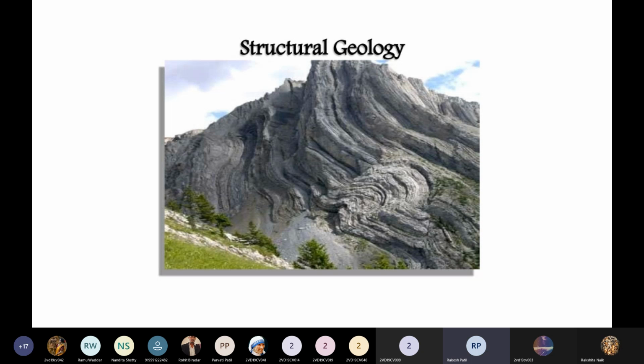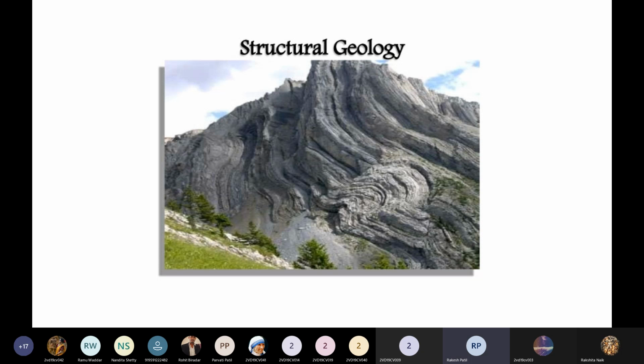You can examine it yourself. Take one notebook, then apply a stress or pressure. If your notebook has the capacity to bear the stress, it will bend, or else cracks will happen there. What will happen after cracks? Again, if you give more stress, then displacement happens. Displacement of two different bodies happens there. That is the result of structural geology in your civil engineering.